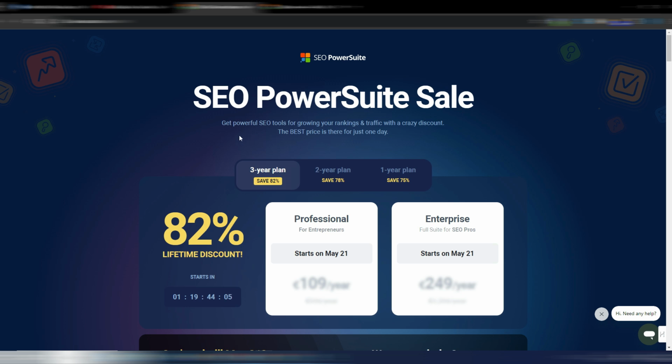For example, if you choose the 3-year plan, you will have an 82% discount, so you will pay something like, as you can see here, it's obscured, but